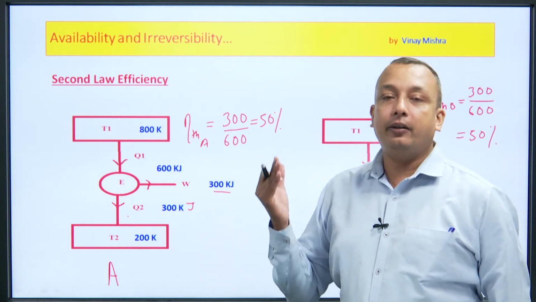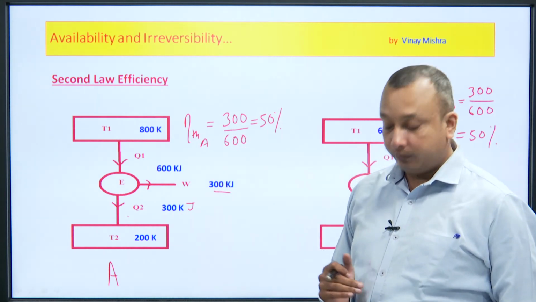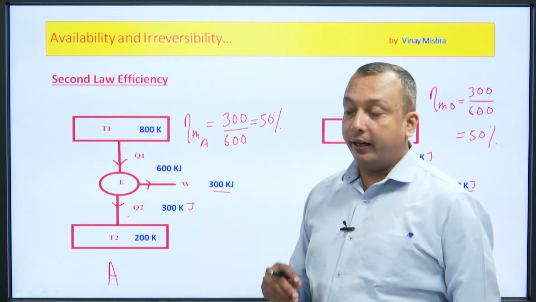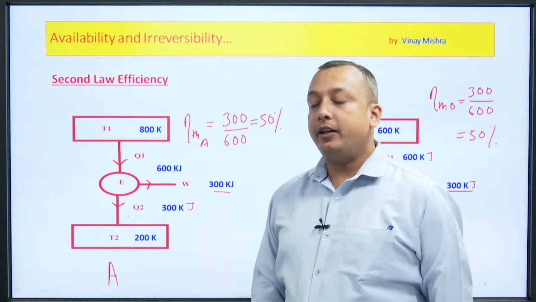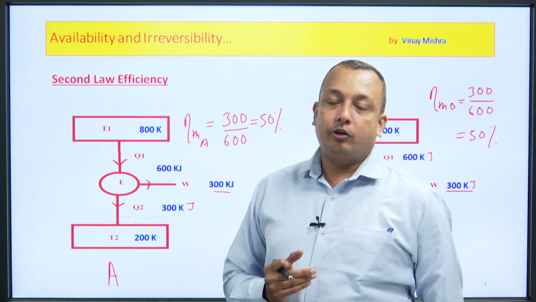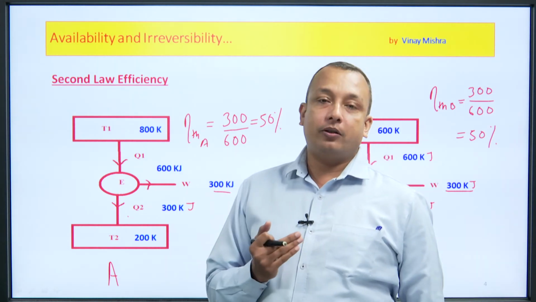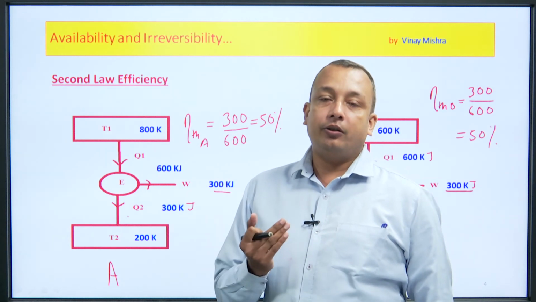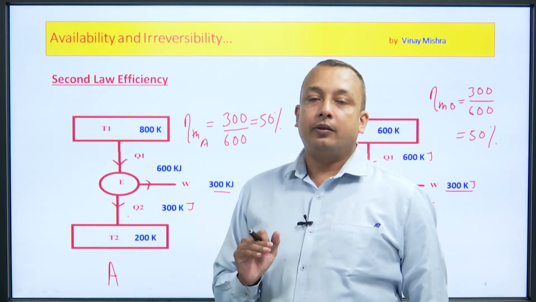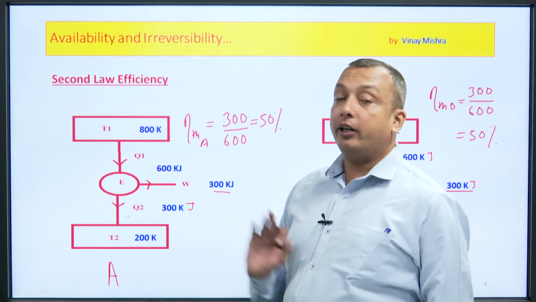In that condition, what we simply have to calculate is the Carnot cycle efficiency, because it is a benchmark that gives you the idea of how much efficiency the device can achieve, or in other words, the best performance of a heat engine working under a certain limit of temperature. That is calculated from the Carnot cycle efficiency. So, if we calculate the Carnot efficiency of this one,